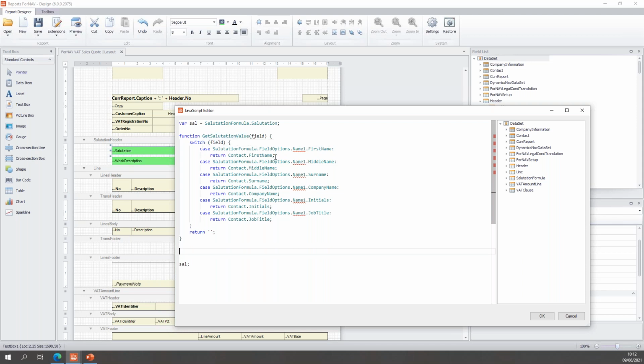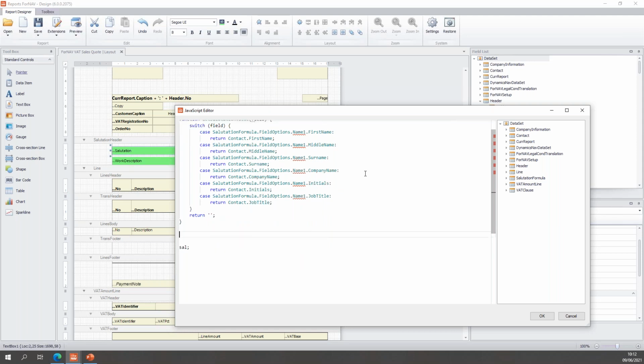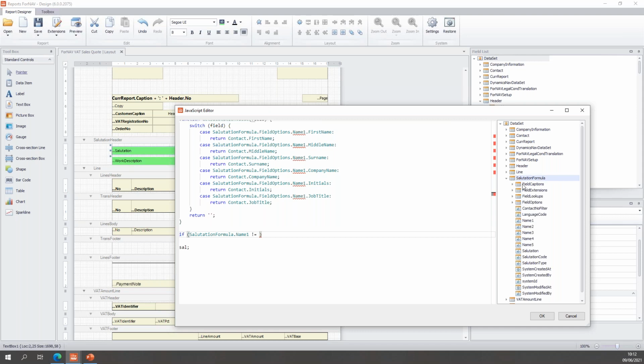So then, once we've got this salutation formula function, we can start using it. What we can do is type if salutation formula.name1 is not, let's use the dataset lookups because that's a bit quicker. If salutation formula.name1 is not salutation formula.fieldOptionsName1.blank, so if the name1 field is not blank, I want to replace something in my variable. So I'm going to say sal is